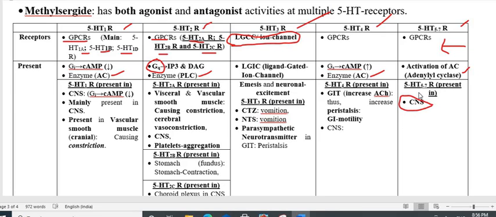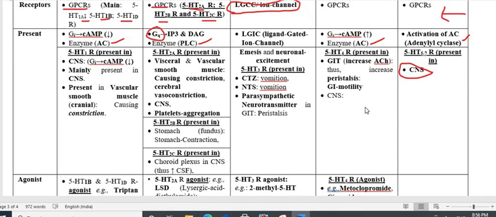Now we have to go through the 5-HT4 receptor and its presence. So the 5-HT4 receptor possesses therapeutic value, and that is why this is important. The 5-HT4 receptor is present in the GI tract as well as in the CNS. So when 5-HT, a neurotransmitter, acts on the 5-HT4 receptor,